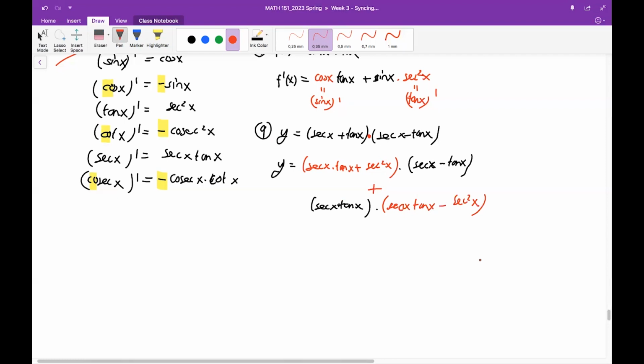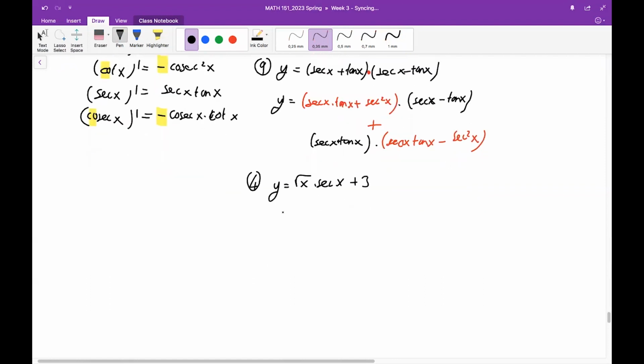Maybe we can also solve 4 and then I will stop. This is the last exercise. Square root of x times secant x, plus 3. Be careful about the products. You need to apply the product rule. The derivative of the square root function is 1 over 2 times square root x, times the second function, plus